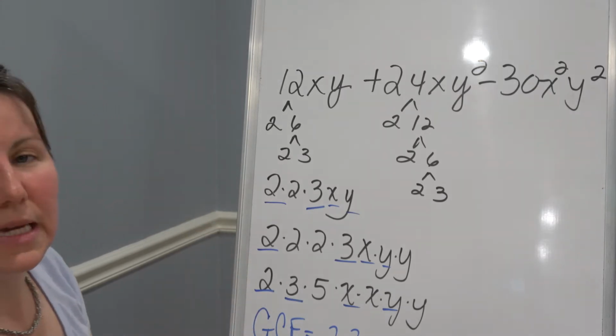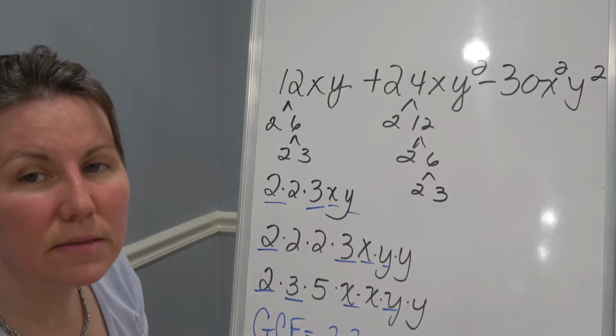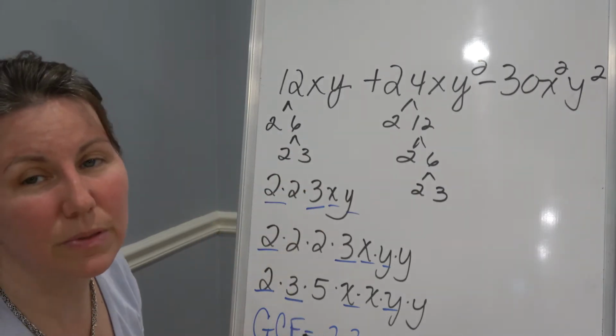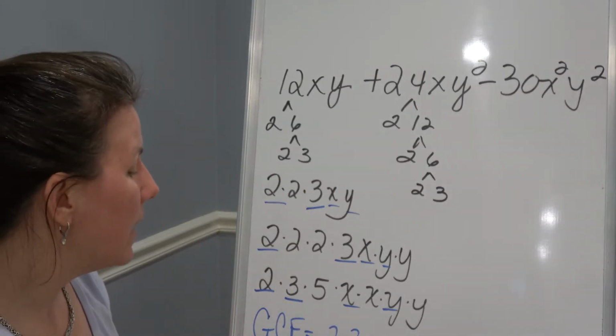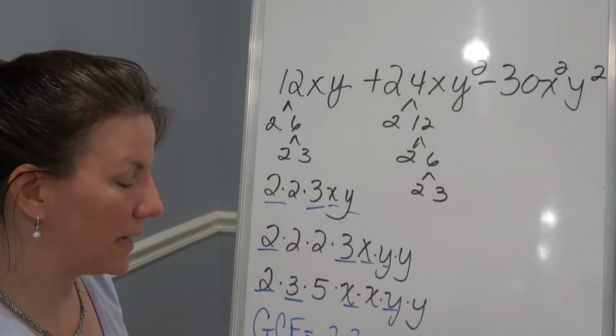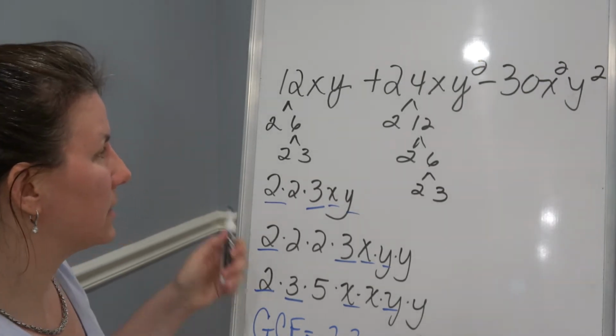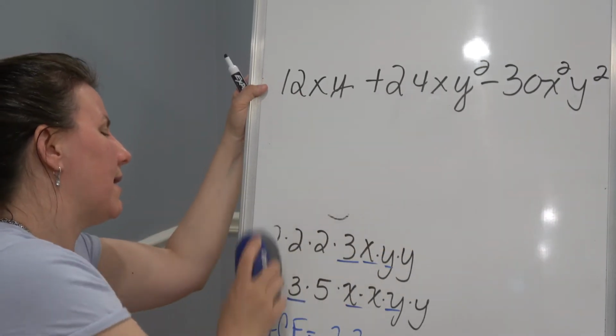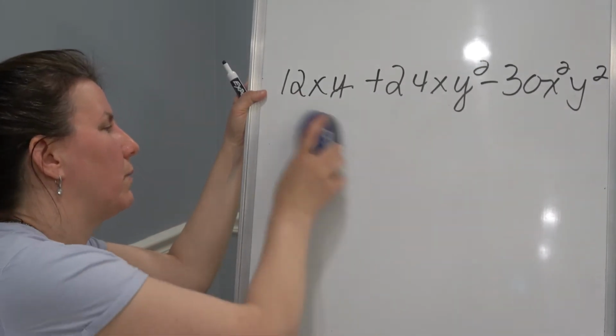Okay. Now, I'm not saying that you have to go through that process of making a list like that, all right? Some people need to do that. Some people like doing that to be sure. You do want to be sure that you take out the greatest common factor. So now that I know that 6xy is the GCF, let me show you another way that sometimes